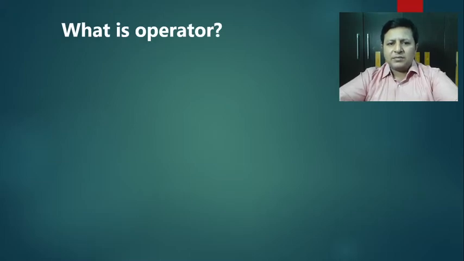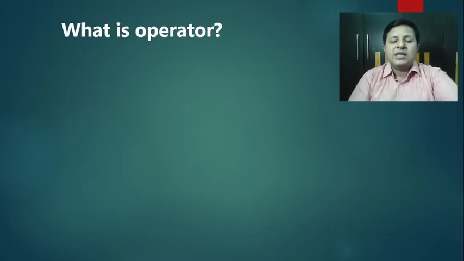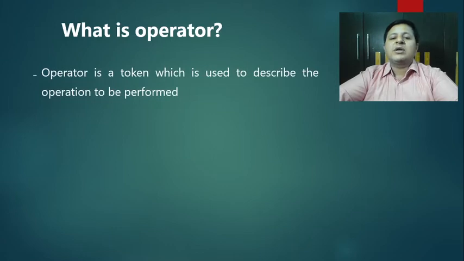Now what is an operator? It's a very simple or generic question. Sometimes we don't even understand how to answer it or how to define it, how to express it. See, when we say A plus B, unknowingly we immediately understand that we have to perform addition. Isn't it that plus, which is actually a simple token, is describing the operation which is to be performed? And yes, that particular token is called an operator. So we can say an operator is a token which is used to describe the operation to be performed. That's what is expected from the operator, right?